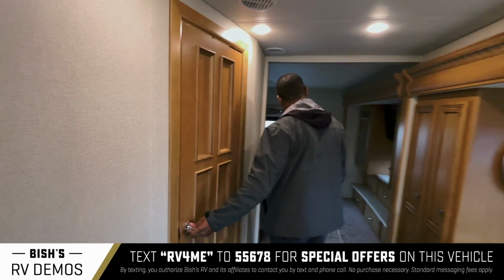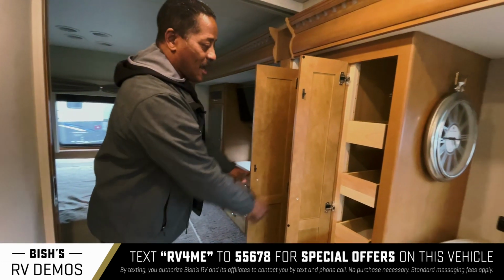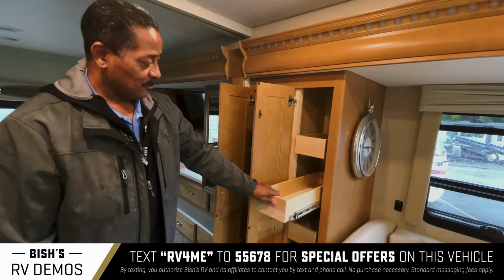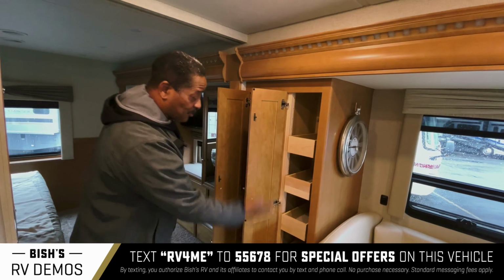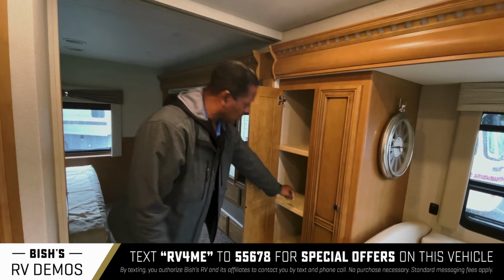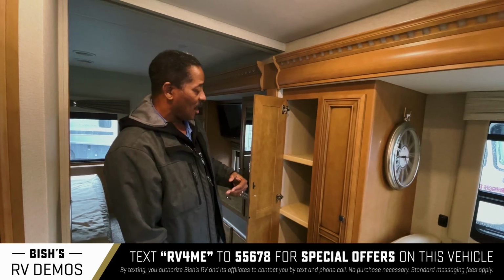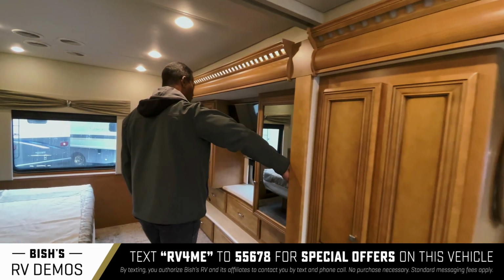Moving forward, or should I say backward? Right in here you got rolling drawers for your spices. Anything else you might need, there's a bunch of them in here, and that's pretty handy. It's a neat little feature. Lots of cabinet space for other things, and they're ledged, of course, so nothing just drops off when you turn a corner. And then finally, moving back here to the bedroom,